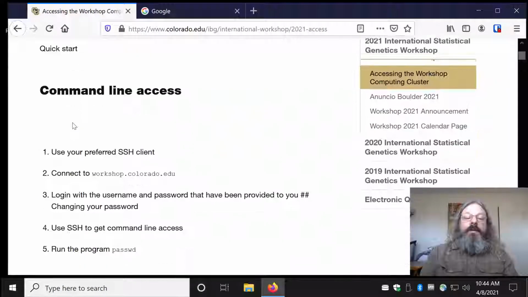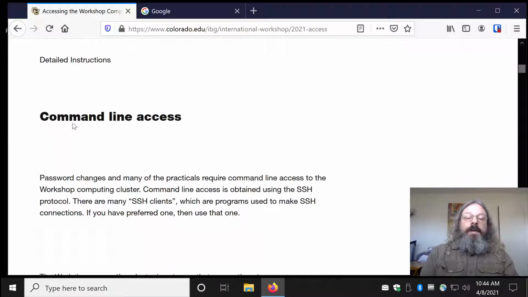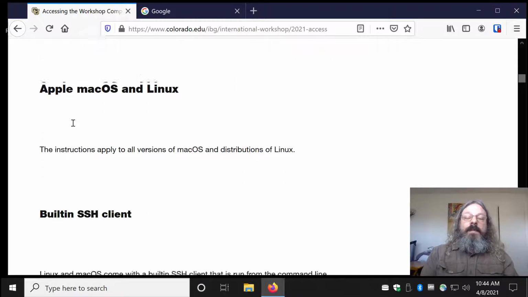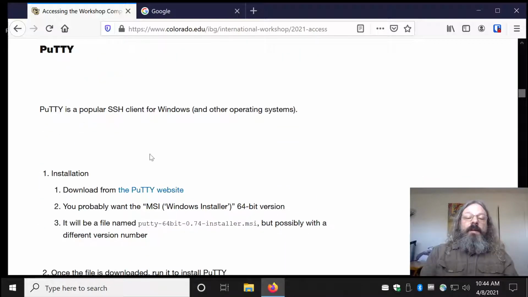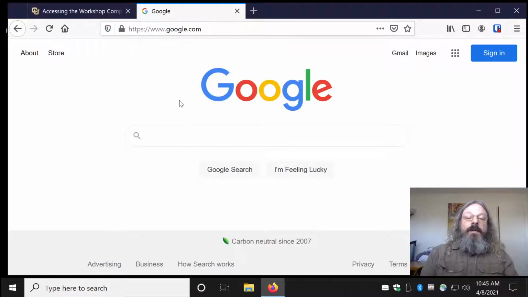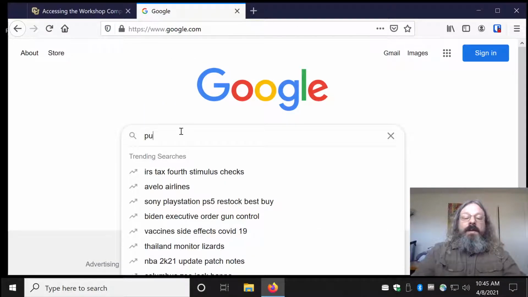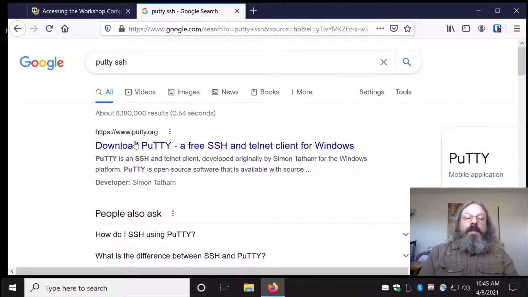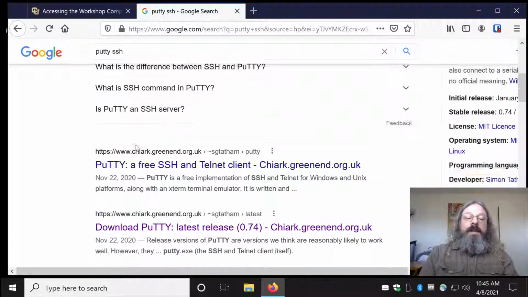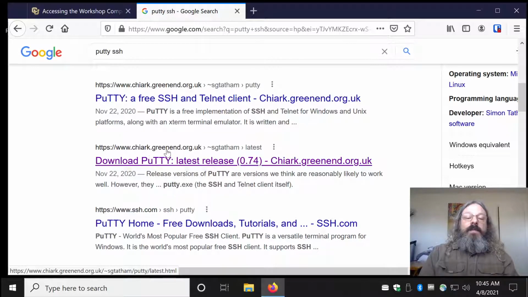And from there, scroll down to the PuTTY section, and you will find a link to the PuTTY website. You can also use a search engine. Search for PuTTY SSH. And this first link isn't the one you want. You want this one here. However you get to the PuTTY homepage,